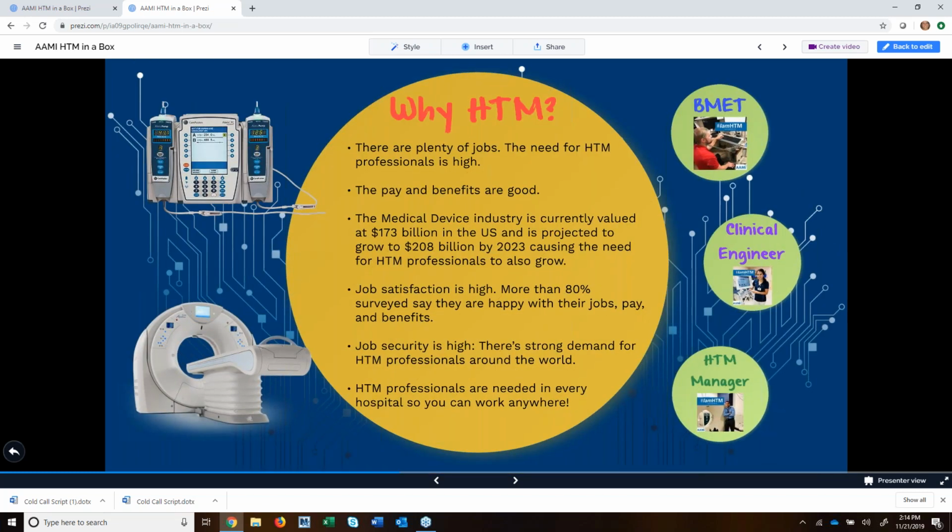We also talk about why HTM. We have some statistics in here about the medical device industry and how it's projected to grow and how that correlates to the HTM profession growing. Talk about job security. Children want to know that they're going to get a job when they get out of school. And one thing that we specifically mention in this presentation is that HTM professionals are needed everywhere, because for